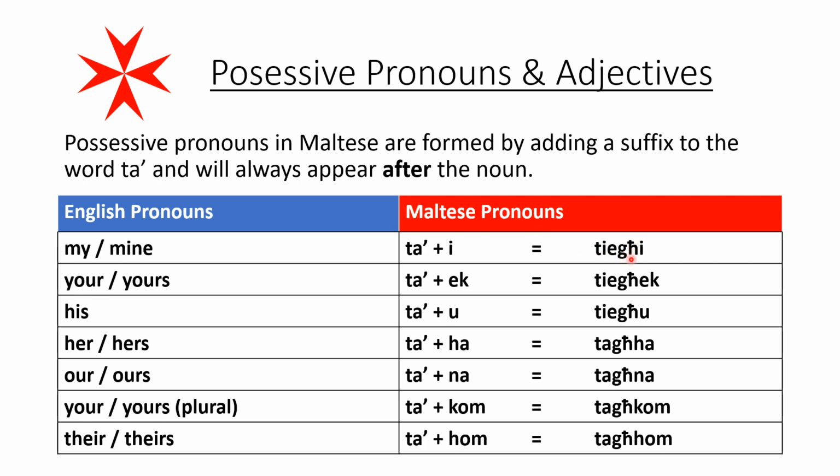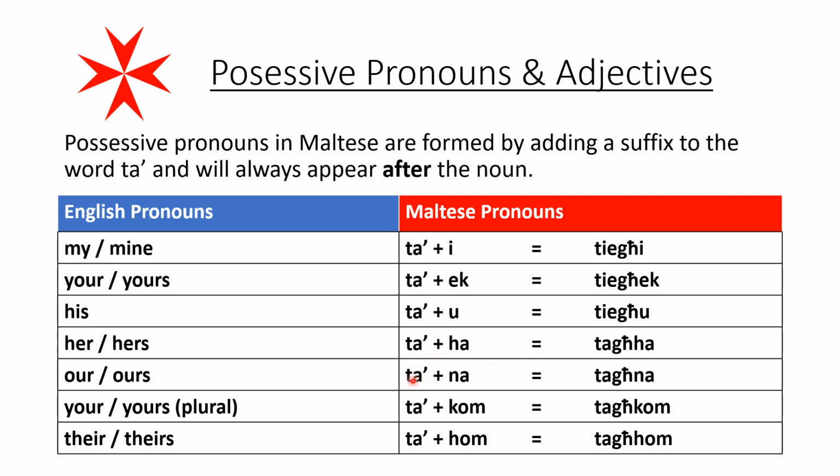And you see this għ that appears. You may say, where does it come from? Well, if we look at the ta', you'll notice that it's followed by a little apostrophe. And this apostrophe is the għ hidden, a silent għ at the end of the word. However, in all of these cases, because we add a suffix, the għ becomes unhidden. It becomes written. So that's why we see it. So we have tiegħi, tiegħek, tiegħu,